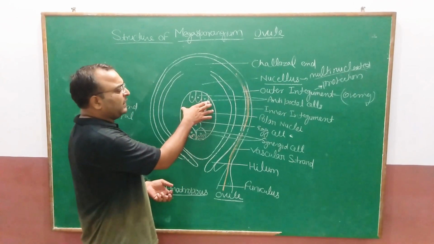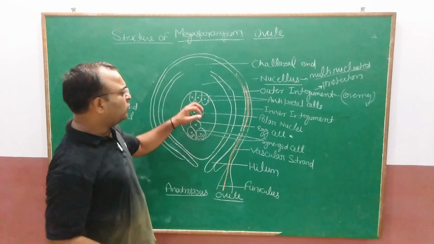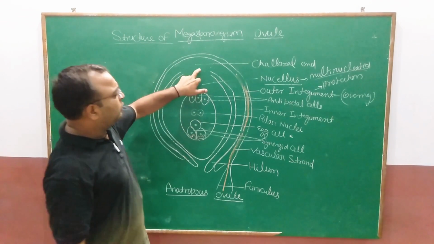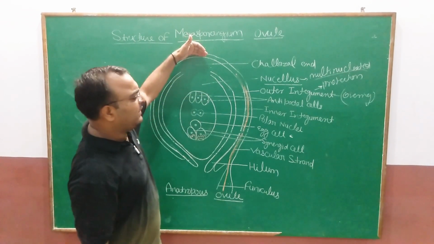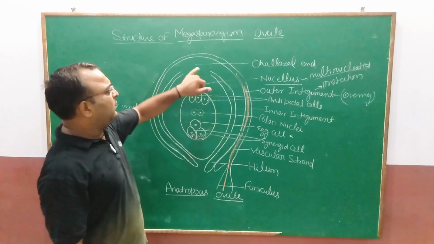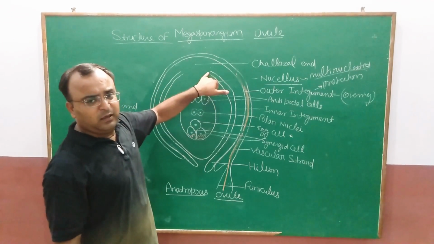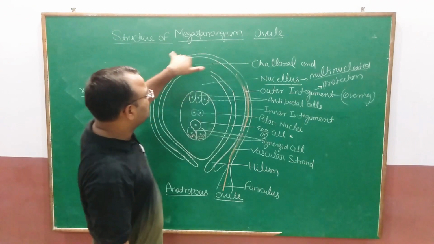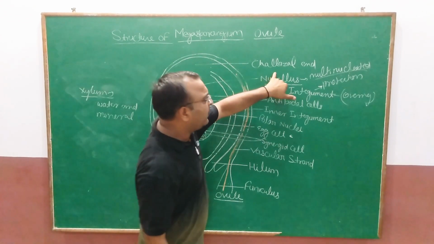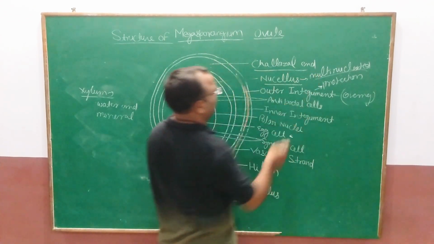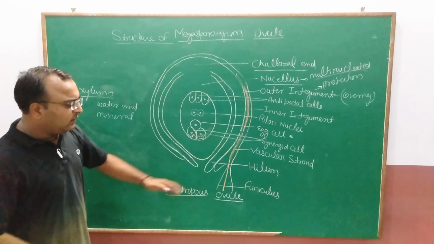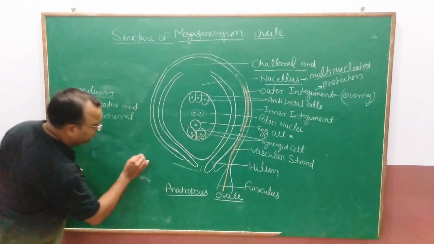दिस इज अ सेंट्रल सेल. इन दिस जो दो सेल्स विच आर प्रेजेंट टुवर्ड द चैलिजल एंड. तो चैलिजल एंड का कहां है? द वेयर द इंटेगुमेंट्स आर प्रेजेंट. If the cell is covered by the integuments, that end is known as chaligeal end, and opposite to the chaligeal end, this end is known as micropylar end.